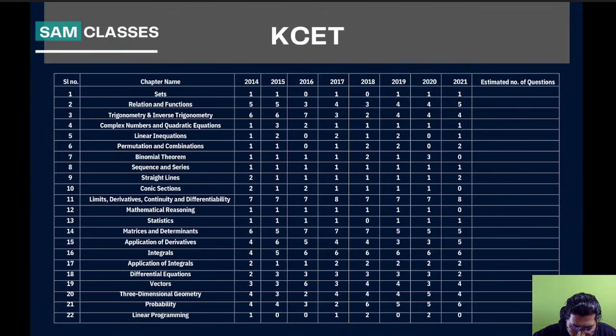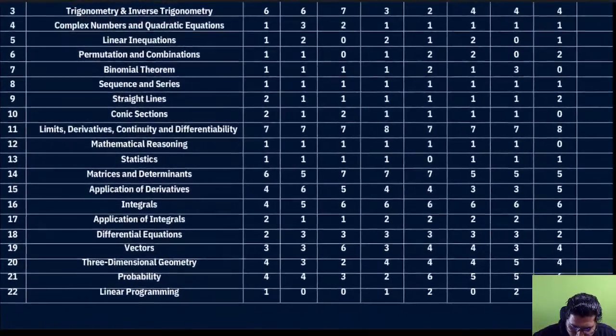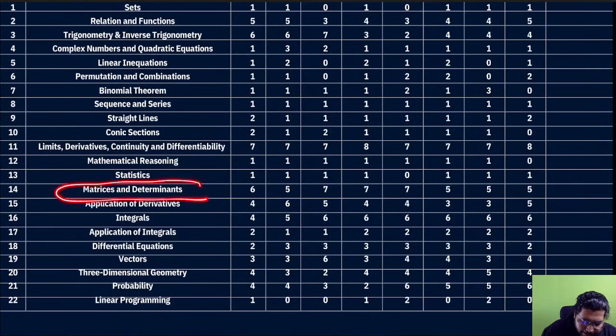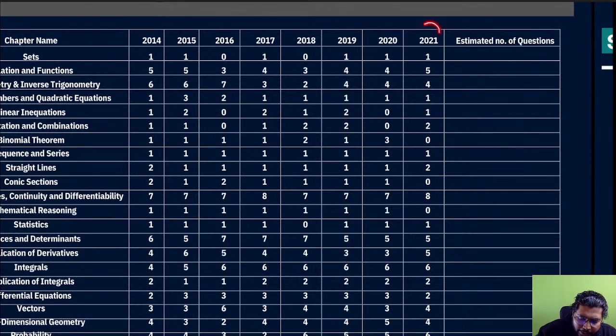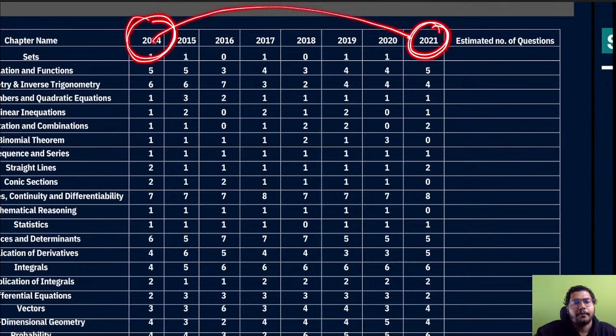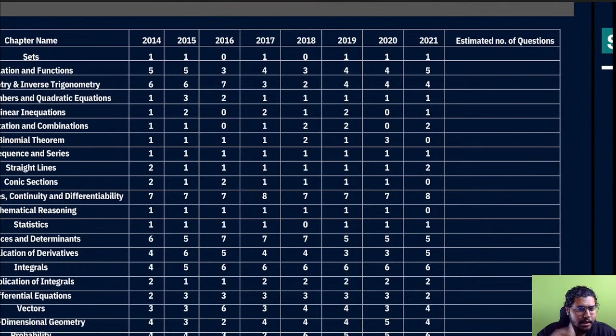So first, our important chapter which we wanted to discuss is the matrices and determinants chapter, correct. First, analyze this chapter. We have taken the analysis from 2014 to 2021, and the PYQ also we have taken for 2014 to 2021. If you are able to solve all these PYQ questions, none of the questions will be difficult for you. Okay, it's an open challenge. If you are able to understand the concepts of all the questions from 2014 to 2021, in 2022 you will see the similar concepts repeating again.